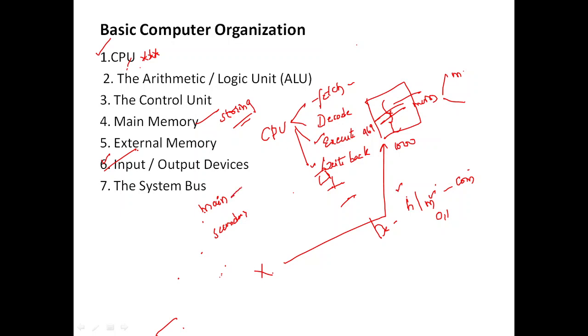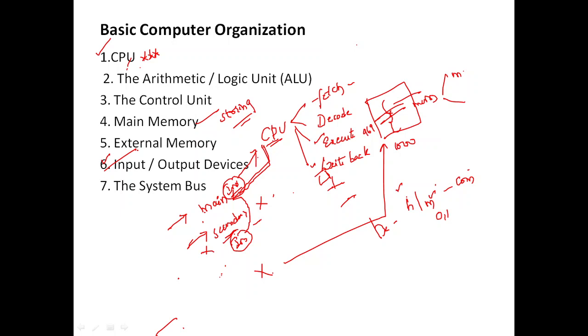Main memory is in contact with the CPU. CPU can contact only the main memory. CPU cannot contact the secondary memory. So if any particular instruction is in secondary memory, that instruction cannot be executed by the CPU. Why? Because the CPU will execute only the instructions that are present in the main memory. Even though our instruction is present in the secondary memory, we have to get that instruction to the main memory, and then this instruction is going to be executed by the CPU.